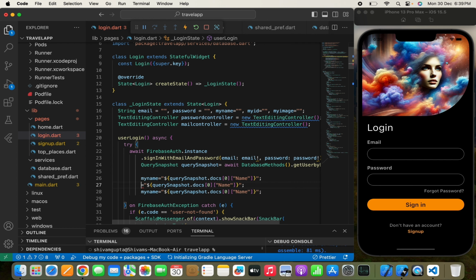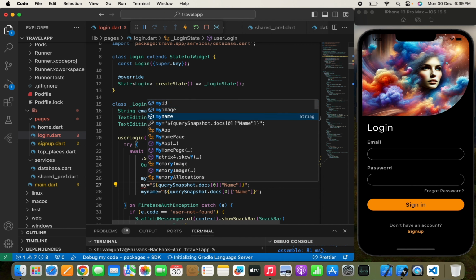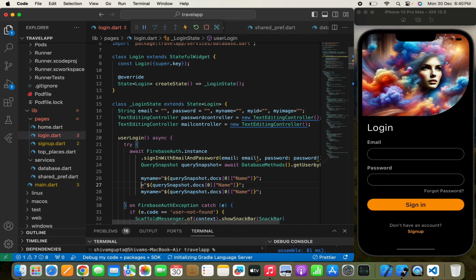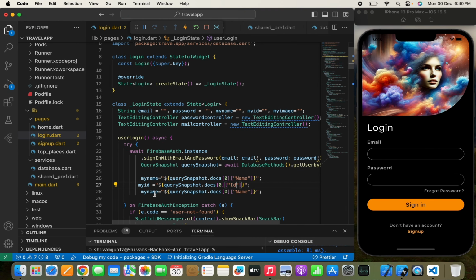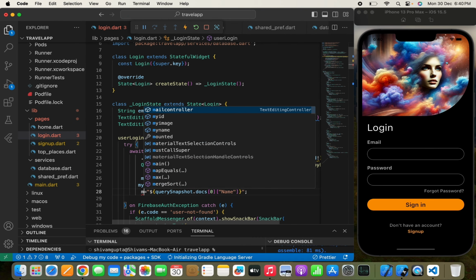So that's why I'm writing my email. We simply get an email from here, and we can store that in the string email. So we don't need email because we already have an email. So I'll just write my ID, and here I'll just pass the ID, something like this, which is this ID, and we need to get his image. So we'll write my image,